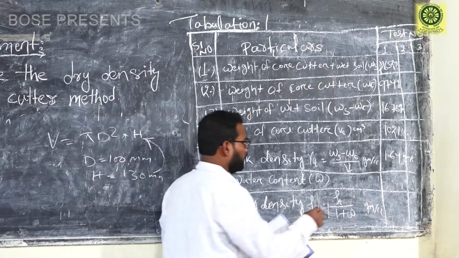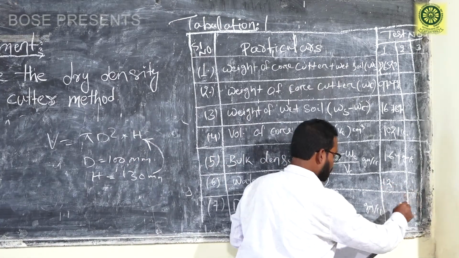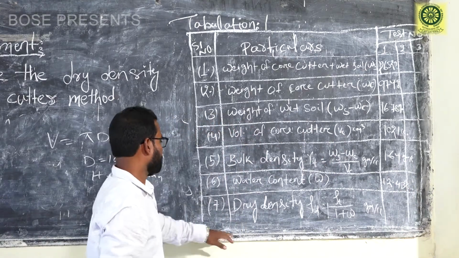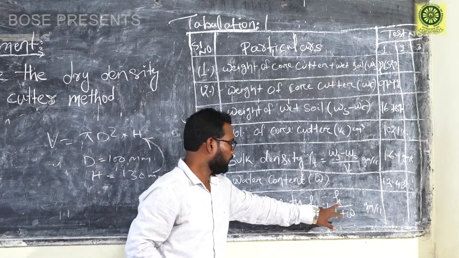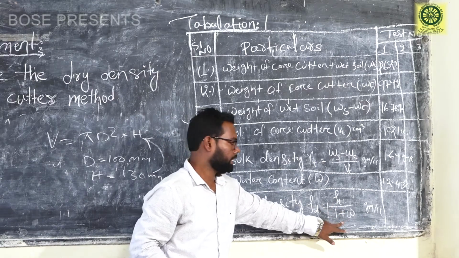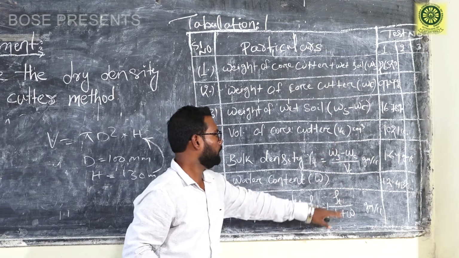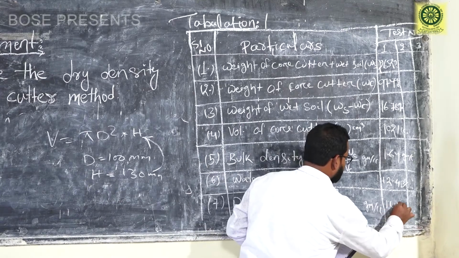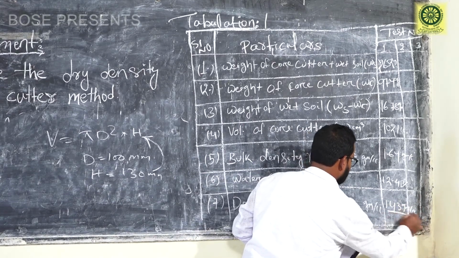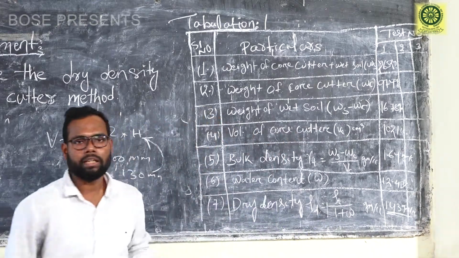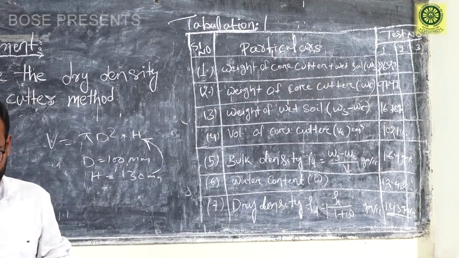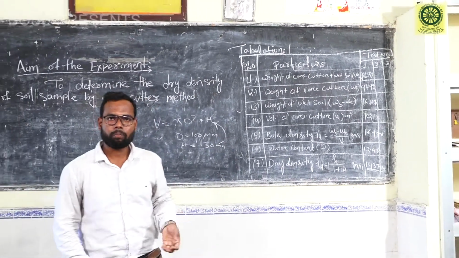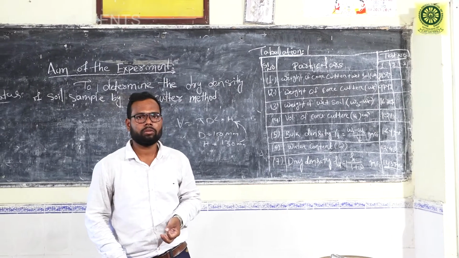We have already determined the water content, and this value comes out to 12.43%. Now from the above observations we can calculate the dry density by the formula gamma T divided by 1 plus water content. If we put in the values given above, we can easily find the value, which comes out to 1.43 gram per cc. Similarly, we will conduct 2 more experiments, and the average of these dry densities will be reported as the final dry density value.